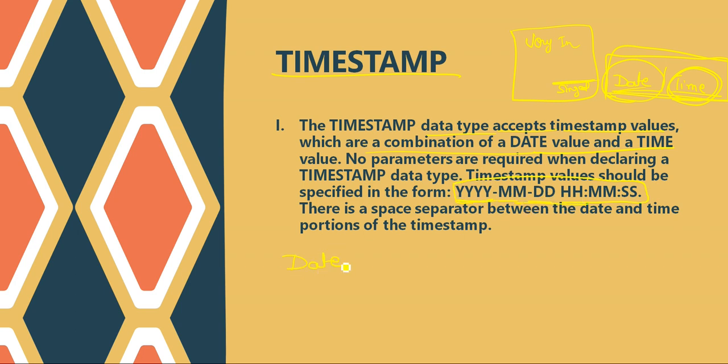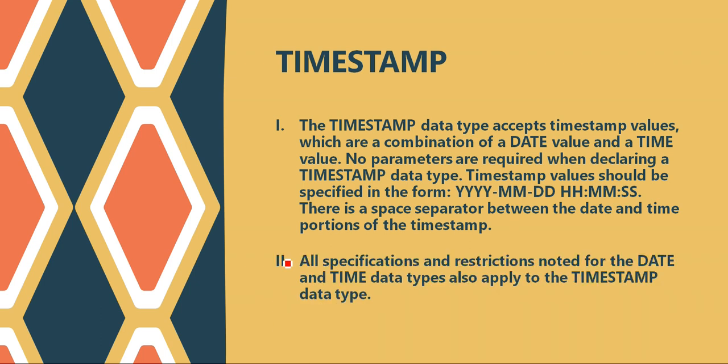To store the date we have the date data type. To store the time we have the time data type. To store the date and time both I need to use this data type, right? So according to our requirement we are going to use any one of them. Let's say I want to store the date of joining or date of birth, so I do not need time for that, right? I can only store the date. Let's say I want time in, time out, or the signed document. So according to our requirement we are going to use any one of them.